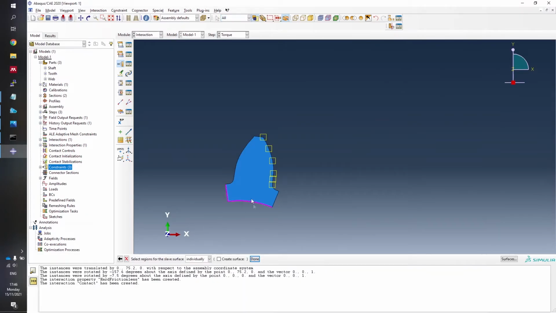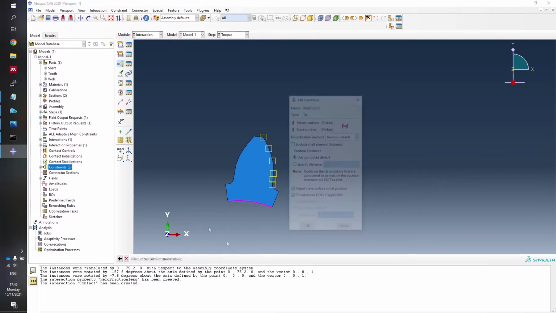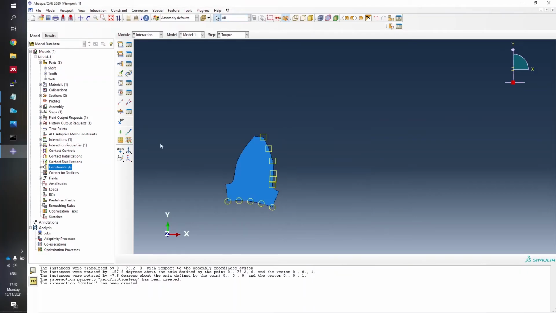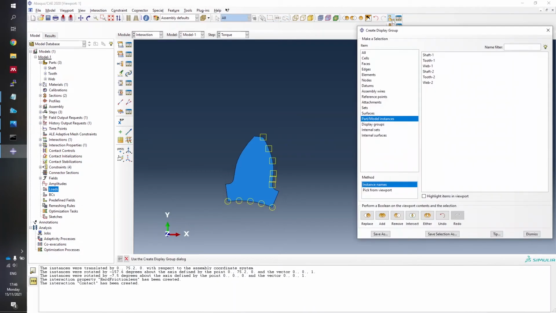Very nearly there. As a general rule, you can hold Shift to add things to the selection and Control to remove things from the selection, just so you know. Now we need to add a load. So what we'll do is just show everything again by pressing create display group, and then we'll go all and